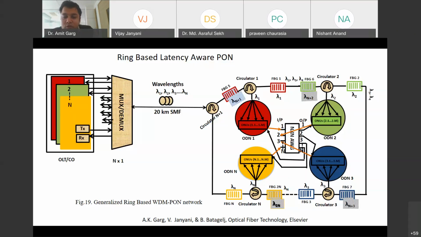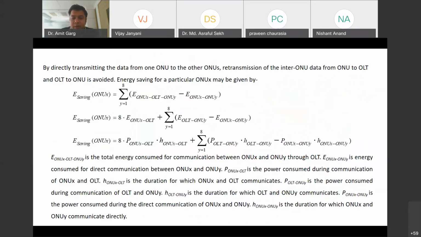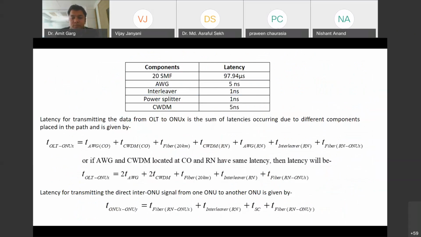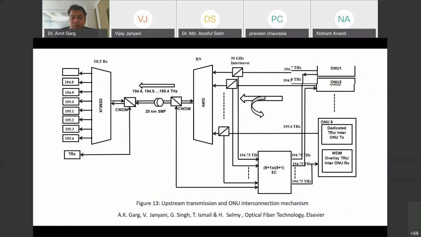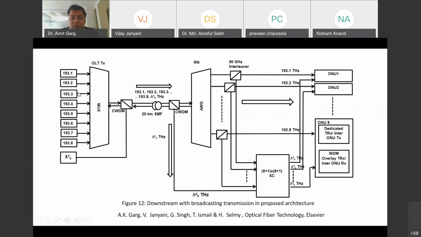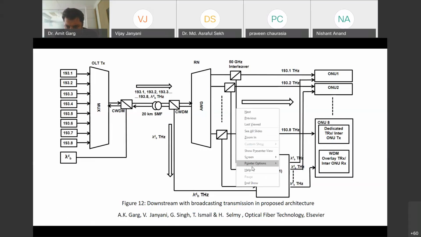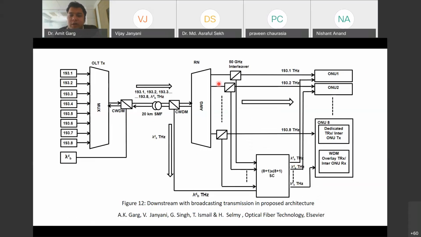So in the previous architectures, if I just go back, in this architecture we are transmitting the data for the downstream direction.